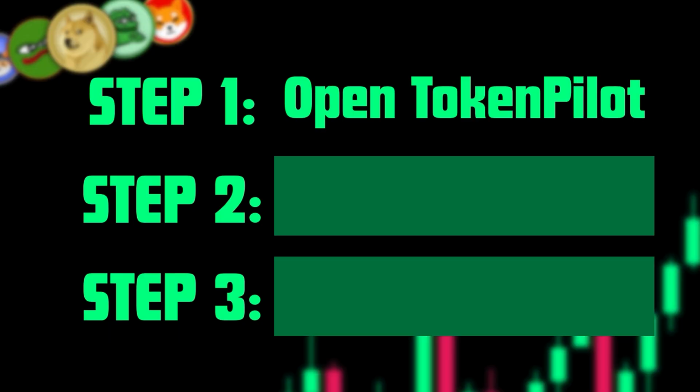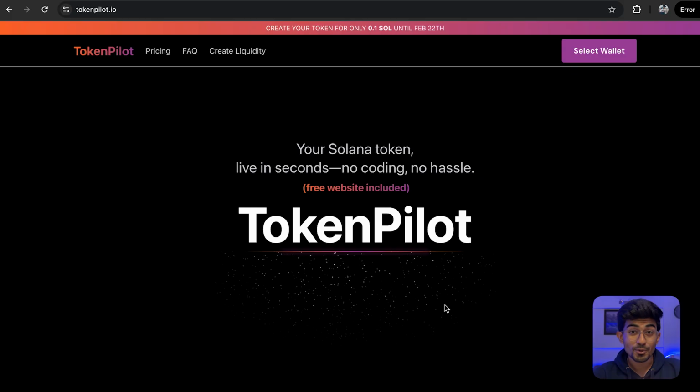So the platform that I'm talking about will be down in the description box as well as in the pinned comments. It's called tokenpilot.io. Now this is a platform which not only helps you in creating your Solana meme coins but also have liquidity with it and directly launch it for everyone to buy. The process is so simple that it will just take us 5 minutes and no coding for us to create the coin, deploy it and let everyone buy it and sell it as well.